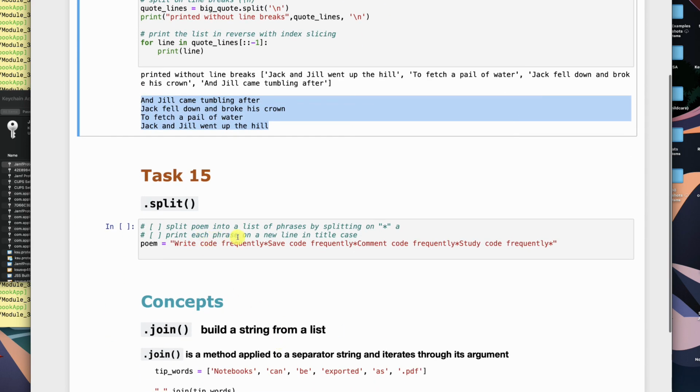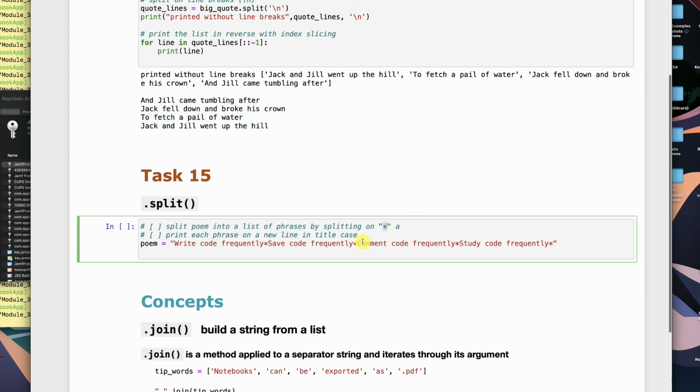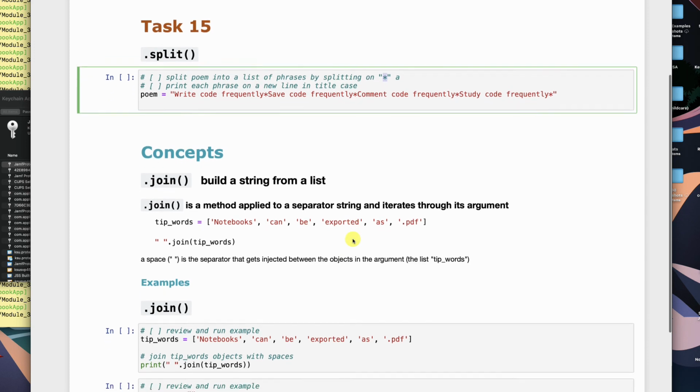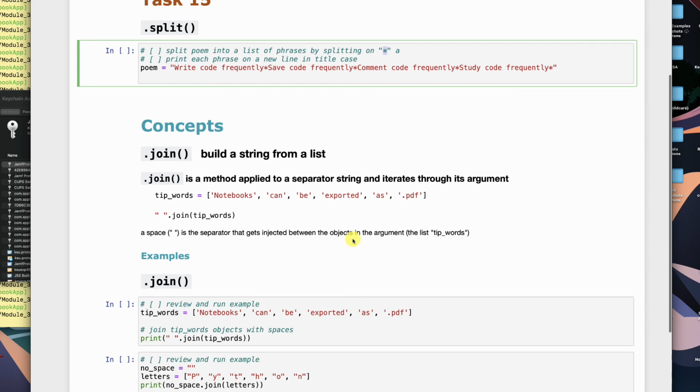So print each phrase on a new line, title case, so that's just dot title. You're splitting it on the asterisk. I think you're ready for that. Join. Now join is pretty cool too. And we're getting to the end of learning about list iteration and the power of it. There are more things you can do with lists, but this gets us pretty far along in terms of learning